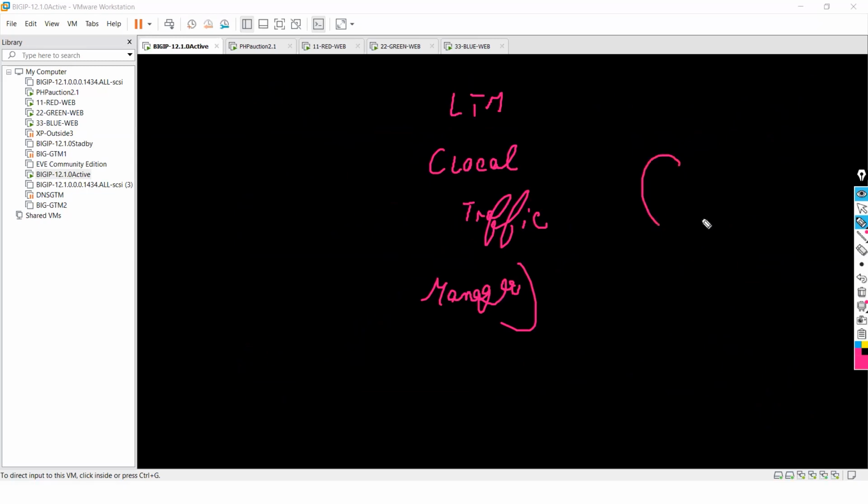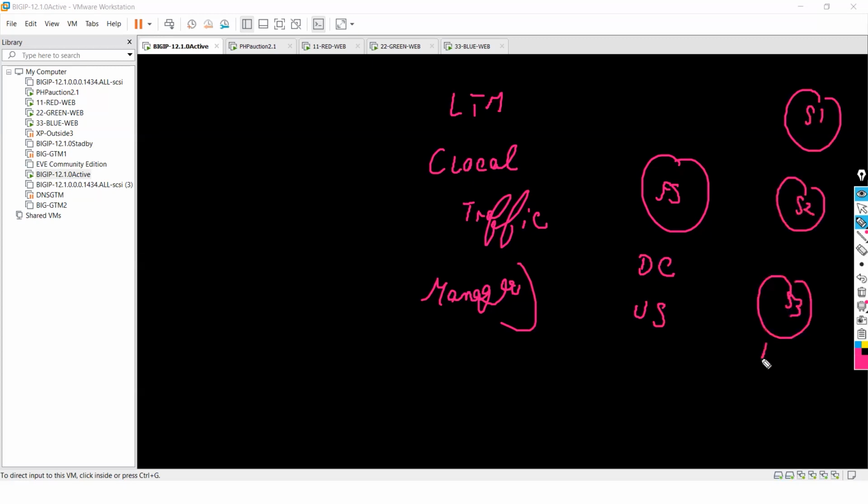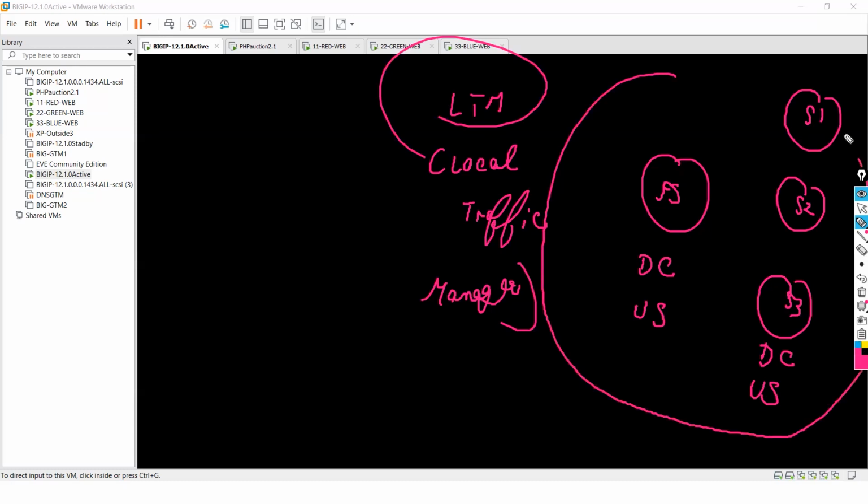Because your F5 is hosted in the same data center, let's say US. Your application servers are also hosted in the same data center, the US. That is called local.